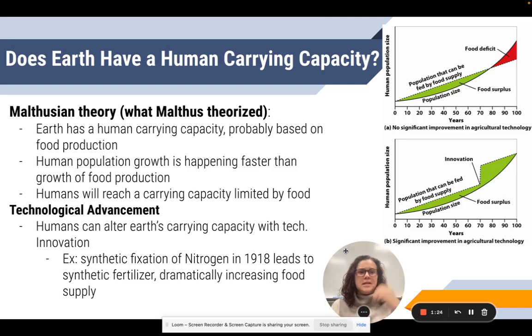We can also see an increase recently with genetically modified foods. Genetically modified foods are more pest resistant. We can get more yield per acre of farmland. We get a lot more bang for our buck, if you will. So we have continued to get these jumps where food production is still increasing linearly, but we have these leaps of it. So we've kept up for the most part. Not all over the world, but for the most part.